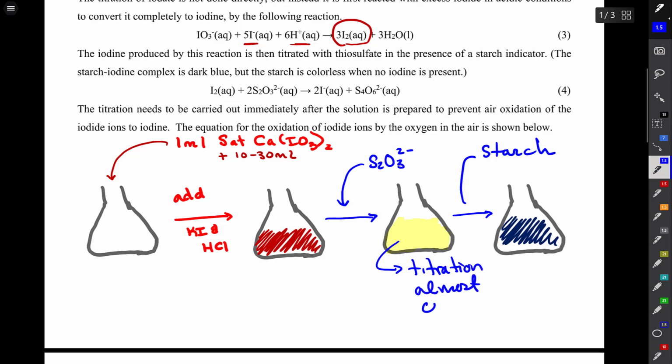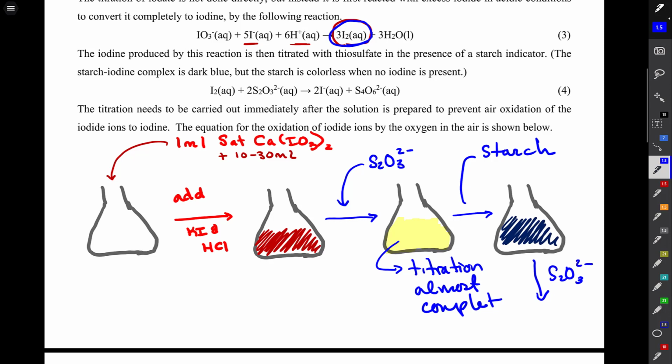And that's because you've almost completely reacted all of the I2 that was created in the reaction with the KI and hydrochloric acid. So you have to remember that when you continue the titration with thiosulfate, it's not going to take very much thiosulfate,